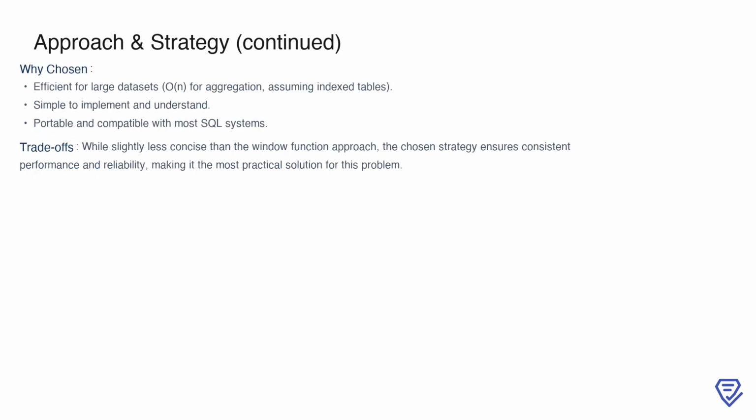The chosen strategy is the optimized approach using aggregation and joins. This method strikes the right balance between efficiency and simplicity. By calculating the company-wide average salary just once and reusing it for all comparisons, we eliminate redundant calculations and ensure scalability for large datasets. The solution is easy to understand and implement, leveraging standard SQL features that are well supported